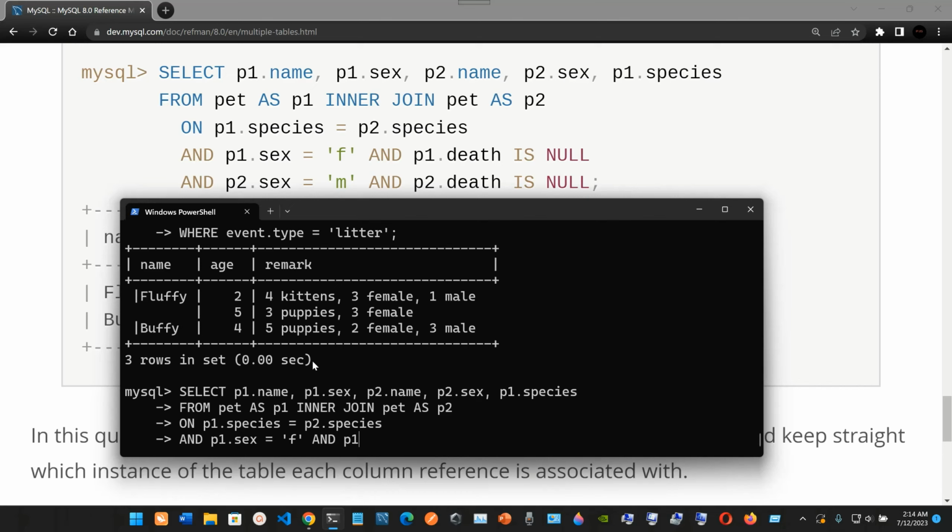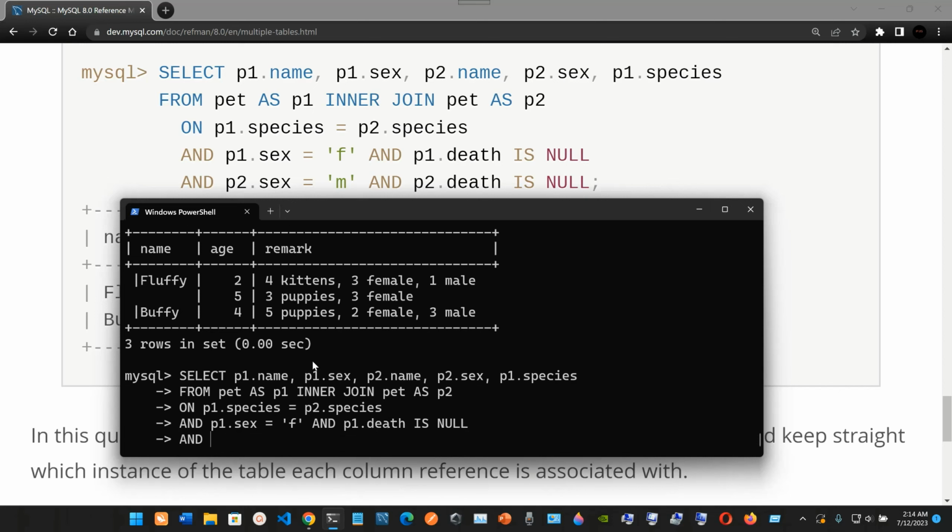So we're going to have p1.death is null. We're going to put this null, and okay, p1.sex female. Now again we're going to use the and logical operator. So we're going to have p2.sex equal to, this time inside single quotes, male, or just m. The and logical operator, and now we're going to have p2.death is null, and finally we end with a semicolon. And let's see,